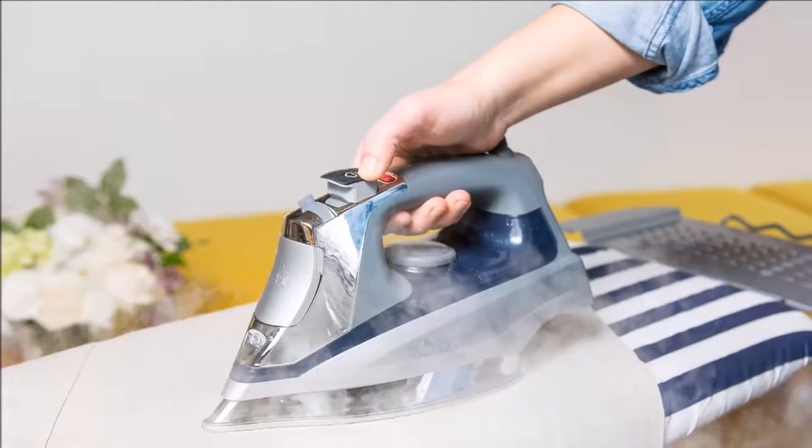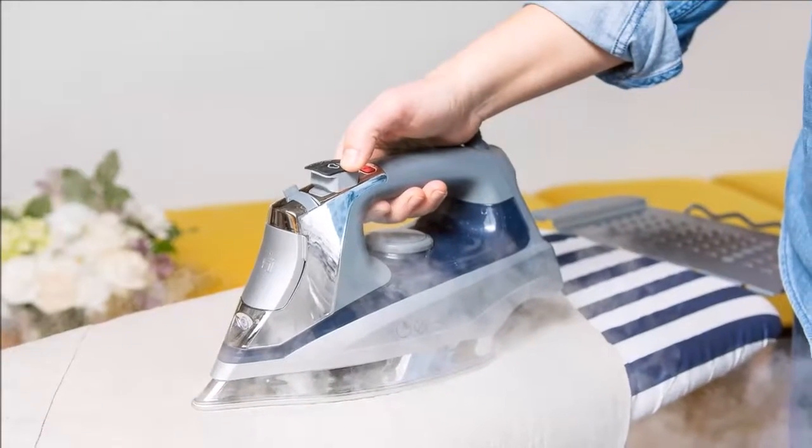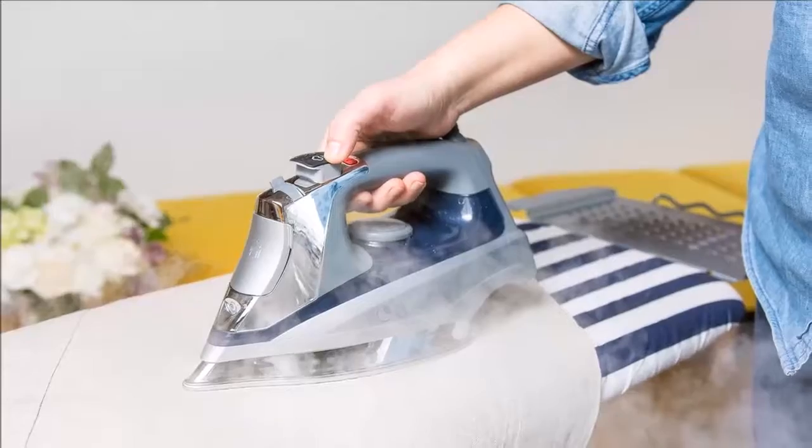Preparation: 1. Spray a little on the crumpled garment. 2. Finally, you wait for it to dry, and that